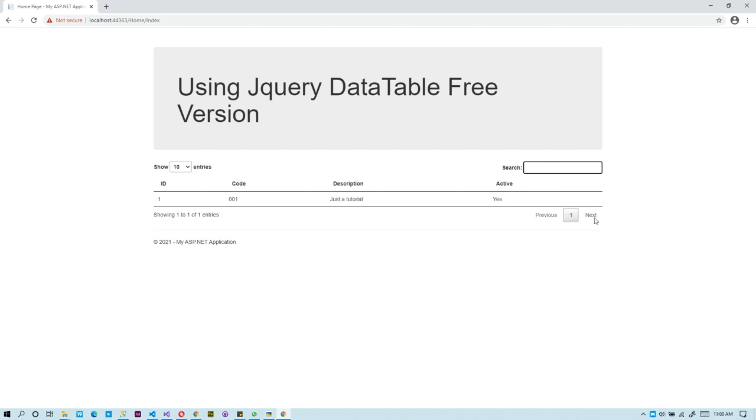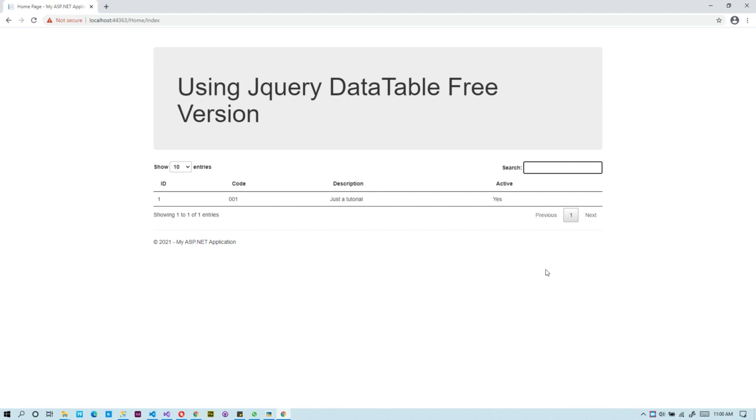Then you can also paginate through your data. So in case you have a lot of data, it auto paginates for you, and you don't actually need to write any code to search for anything. It does that behind the scenes, easy, efficient, and it makes coding